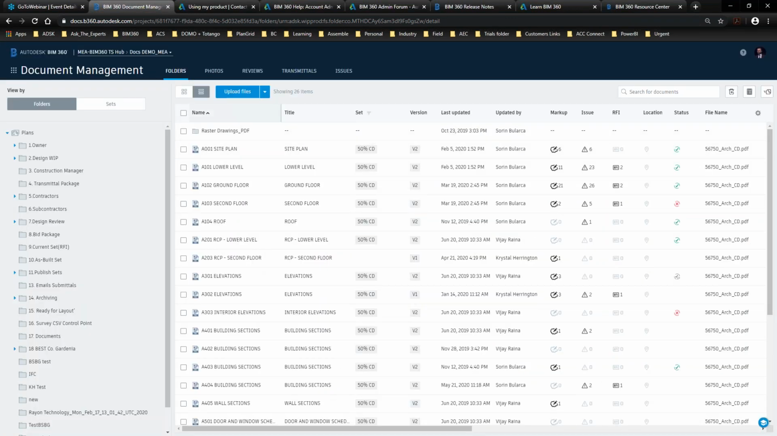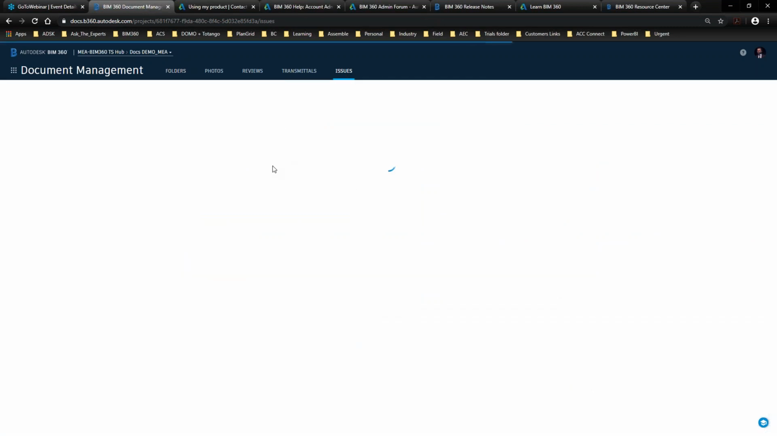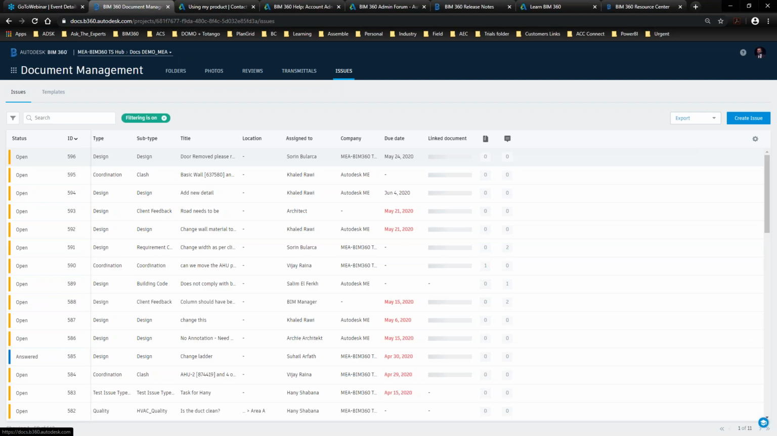Okay, with that said, let me just quit. As I mentioned, everything is being tracked in the system, so you will have access not just to the folders with the files and the versions, the markups and issues, but even the issues themselves are also populated or saved in a log file. So it makes it easier for the project manager or whoever is managing the project to check